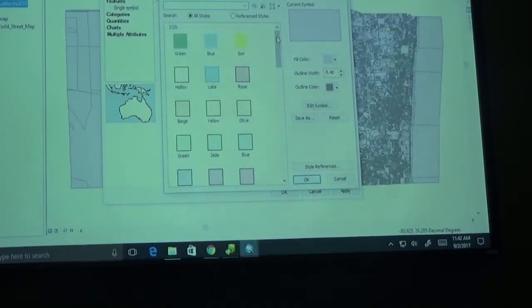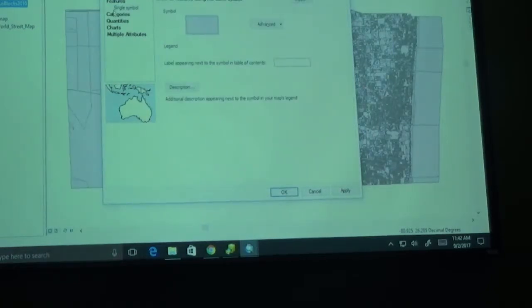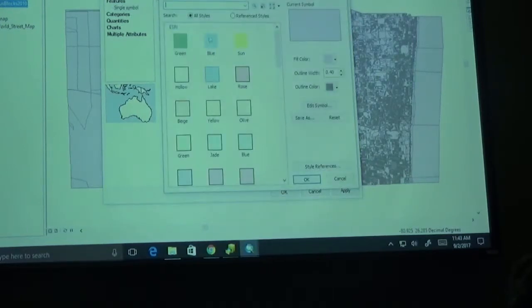If I only want to show the boundaries, where that parcel or the block group ends, I can use the hollow. How'd you get that again? Double click. Single symbol. Symbology tab. There you go. Features, single symbol. Double click on Symbology. And I take hollow. And you realize on the right side it's selected as a color, as fill,